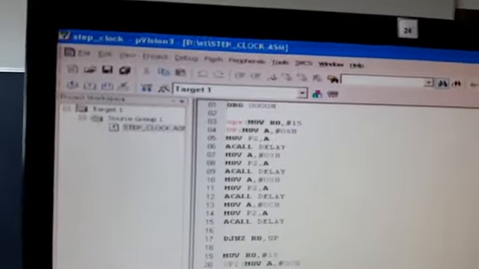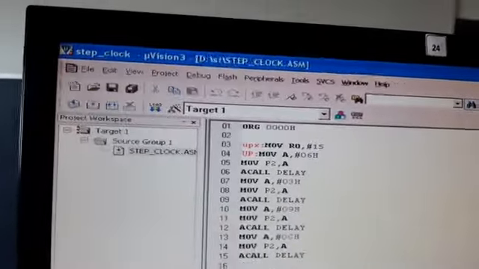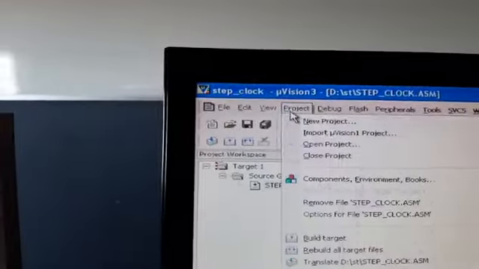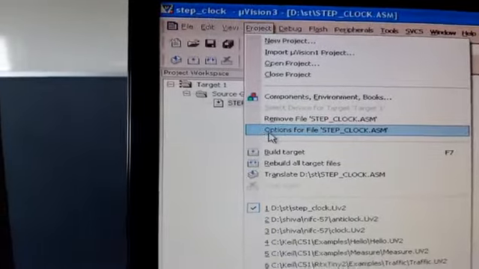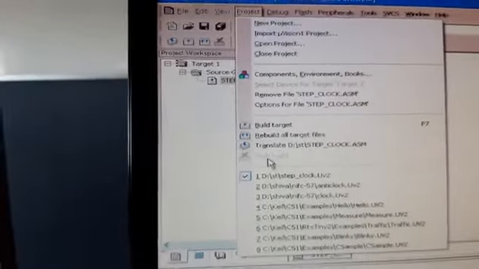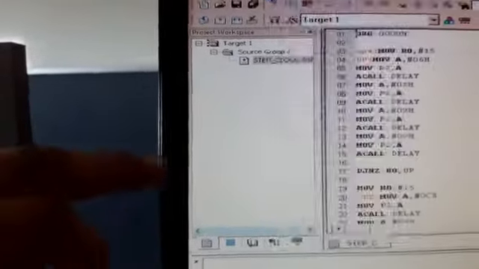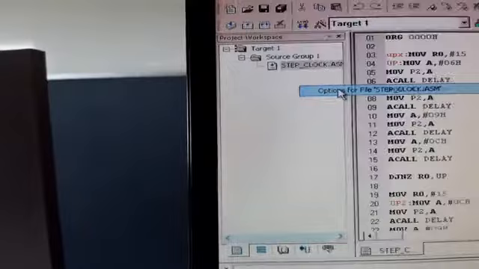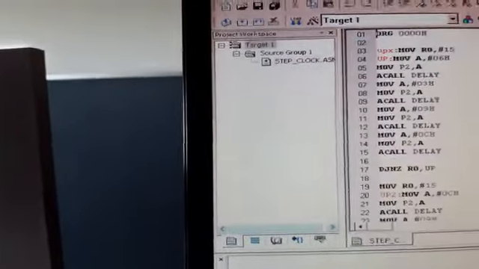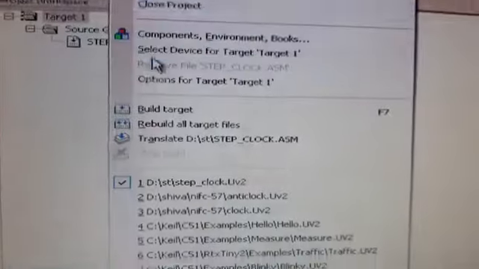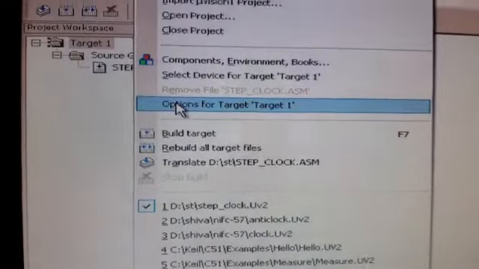Now we have to do some settings in order to create a hex file. Go to the project, then options for target.